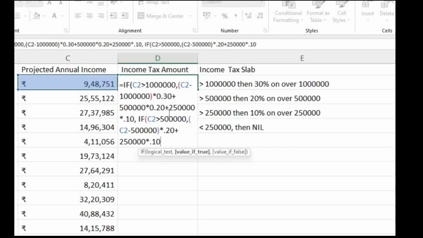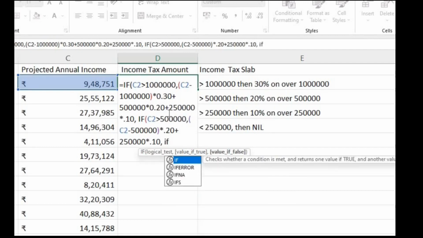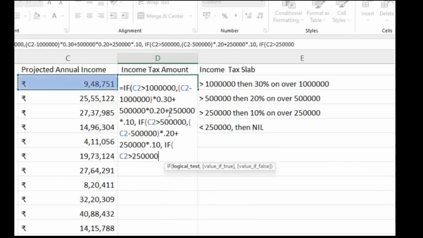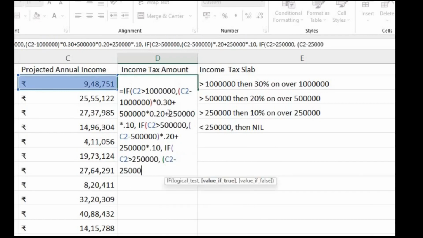But suppose even this argument is not true. Then it will go into another round of if calculation, and if C2 is greater than 250,000, then it will return C2 minus 250,000 multiplied by 10%, which is 0.1.